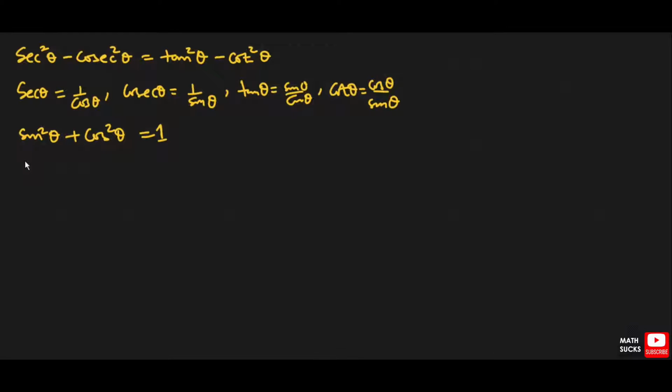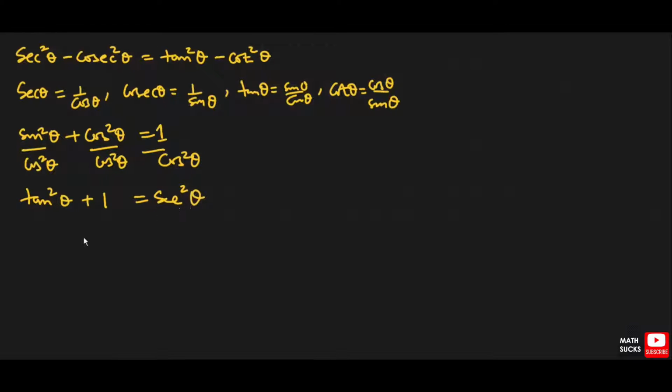If I do that, dividing by cos squared on both sides, this gives me tan squared theta, and this is going to be plus 1. And then we know that 1 over cos gives us sec, and so that means we have this as sec